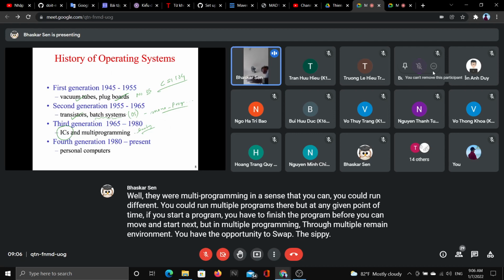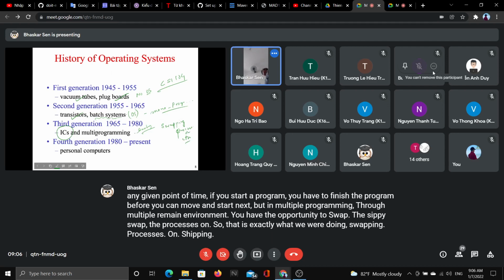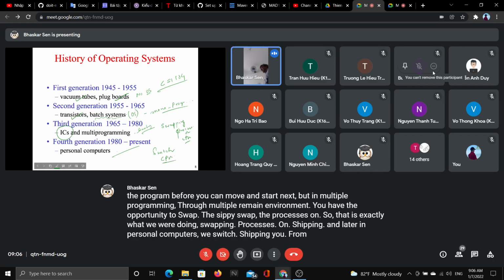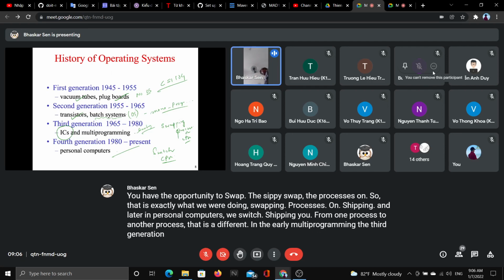the processes on the CPU. So that is exactly what we were doing, swapping processes on the CPU. And later in personal computers, we switch the CPU from one process to another process. That is a difference from the early multi-programming, the third generation, where we had some highly influential, wonderful, very stable and strong platforms